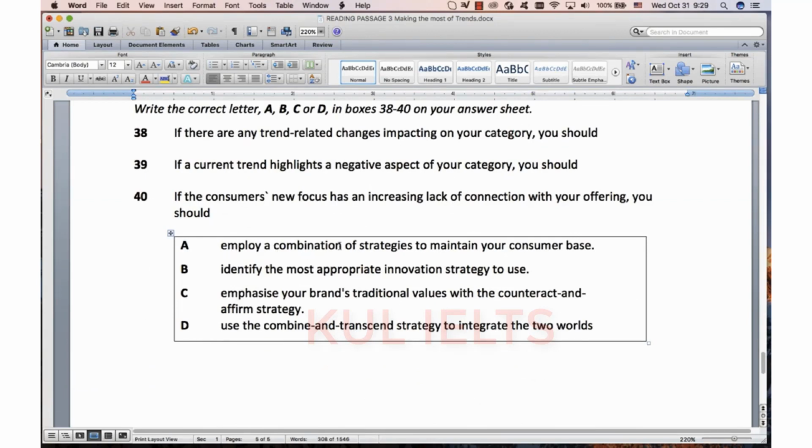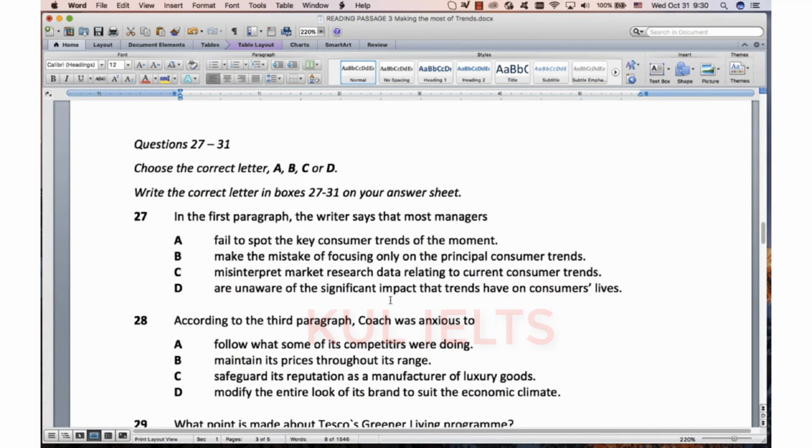Employ a combination of strategies to maintain your consumer base? No. Identify the most appropriate innovation strategy to use? Yes. Emphasize your brand's traditional values? No. Use this strategy to integrate the two worlds? No. But it's definitely this. You should identify the most appropriate innovation strategy to use is